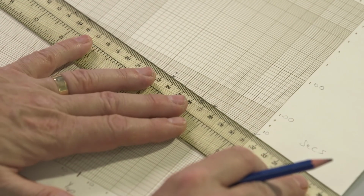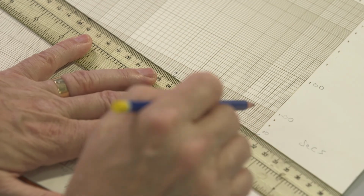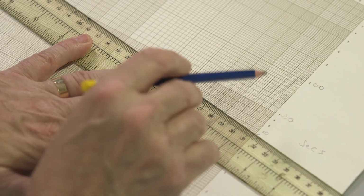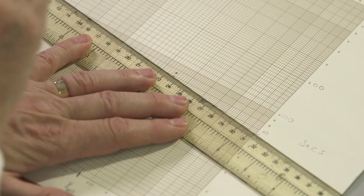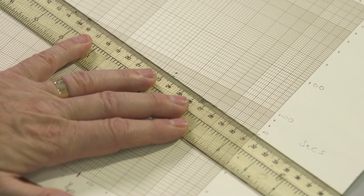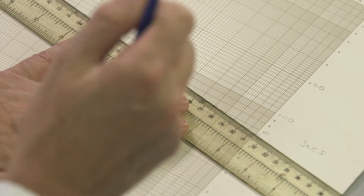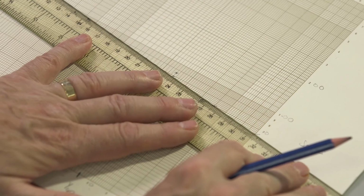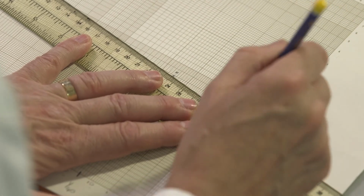So we need to see, do we have a straight line relationship? And it's immediately apparent that there is a very good straight line relationship, at least if we use the clotting time of 78.5 and ignore the 85. It seems as though this is an outlier. If we put the line of best fit using the ruler